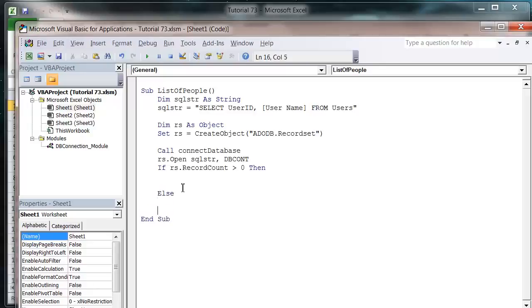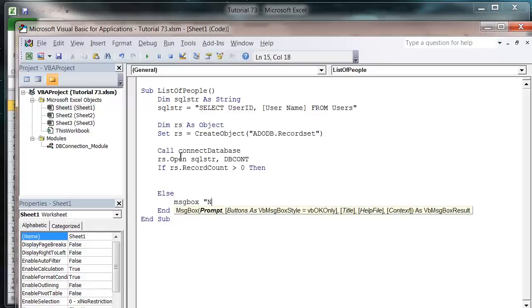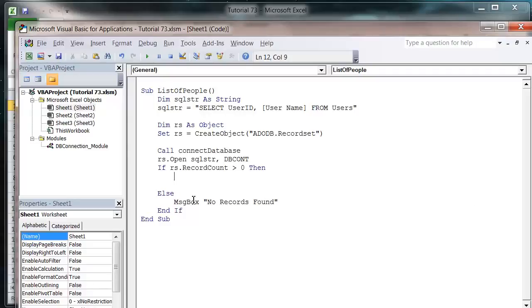So let's put in an else and then end if, and in the else I'm just going to put message box no records found. That's just a way of preempting an error that might happen because there aren't any records in your